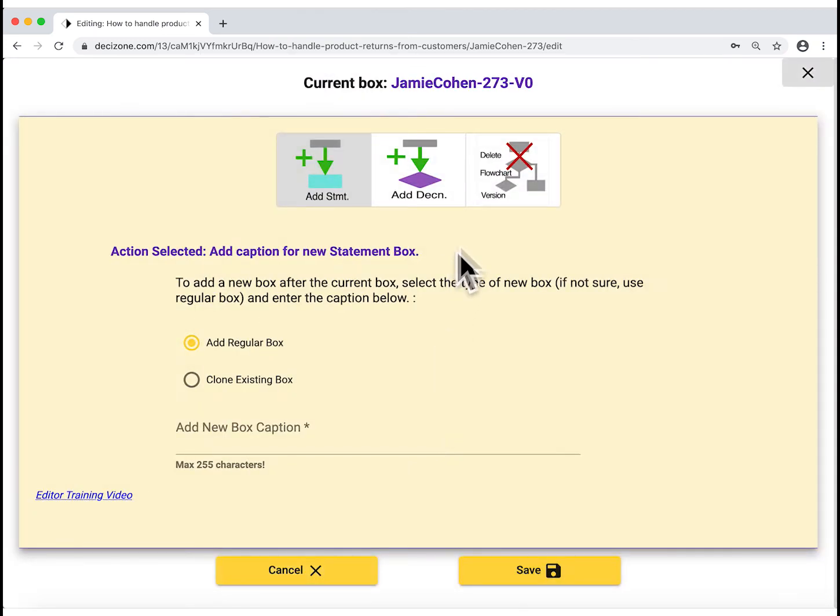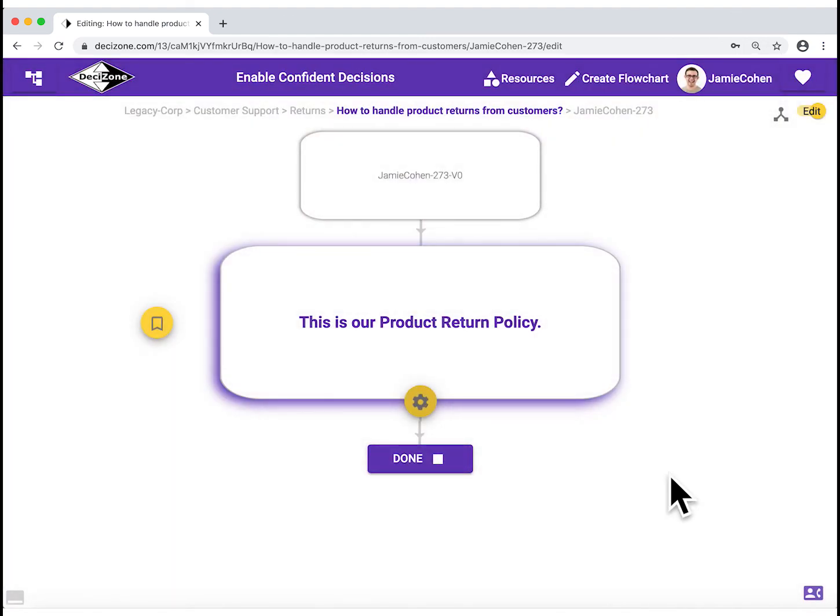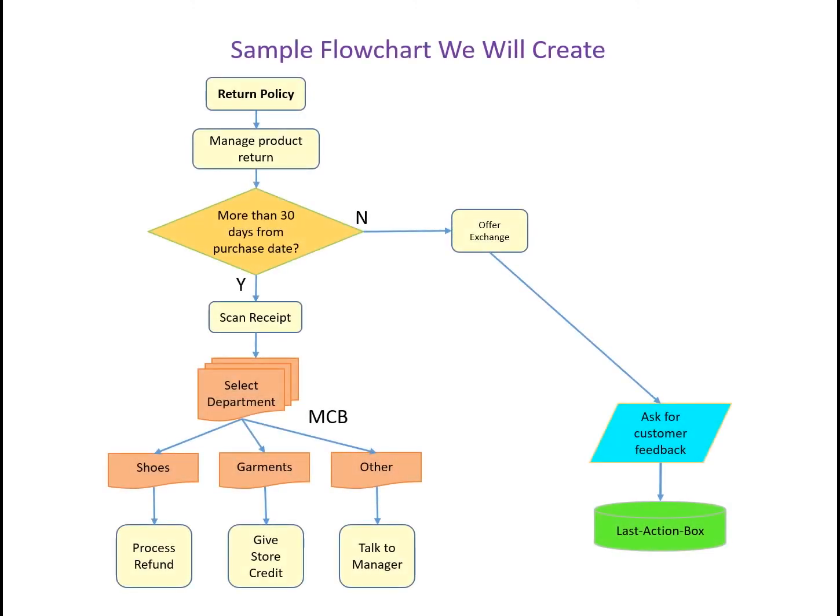When you click on the yellow gear button for the current box, you will see all the editing tools that are applicable to that current box. Remember, you're making changes only to that single box in the center layer. Since this is the first box we are adding to our flowchart, we highly recommend that you add a statement box with a short one-sentence introduction about the purpose of your flowchart. When you click on Save, the new box is added to your flowchart and made the new current box. Let's go ahead and add our second box,